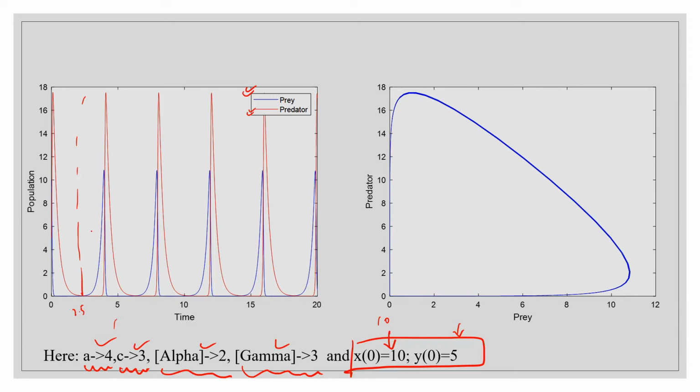Now this is rising, then what will happen to the predator population? Predator will get more food to eat because here the rabbits are rising and there were few predators. They will get more food to eat, so they will grow more and more. They will eat, they will have energy, they will reproduce and they will grow, and as they grow they will eat the rabbits, so the rabbits will decline, and when they decline, the predator population will not have any food to eat, so they will also decline after them.